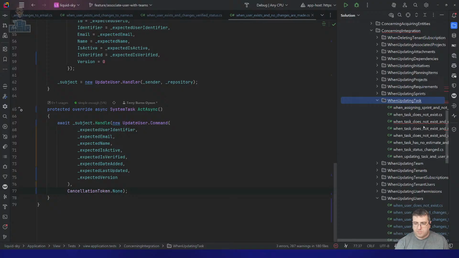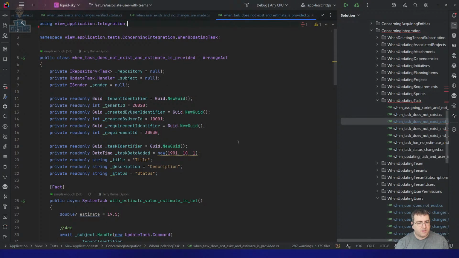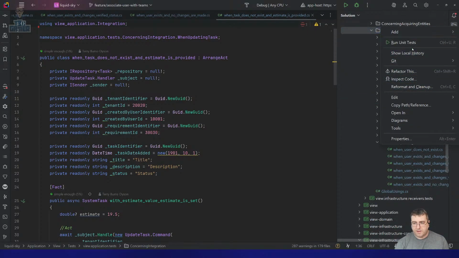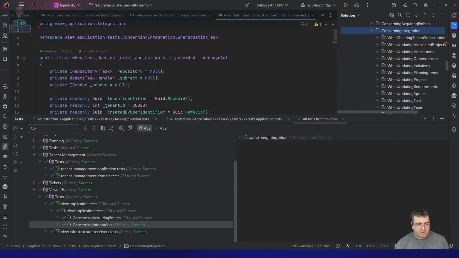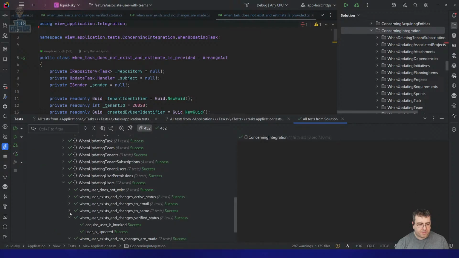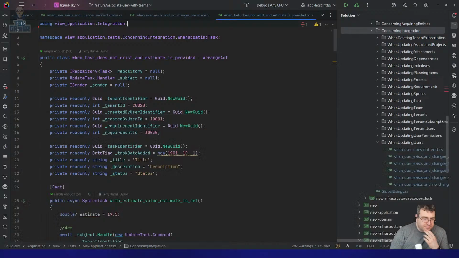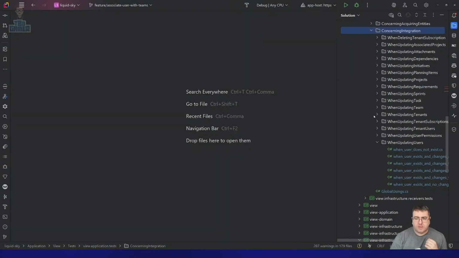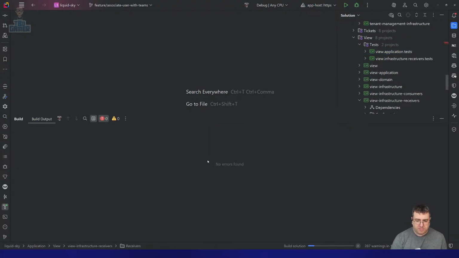Let's see what an updating task. What did I break here? Oh, because I redefined system task. That's fine. Let's run these tests. The funny thing, I've got concerning integration on unit tests. So people have to realize. There you go. So I didn't break anything about updating a user. Okay. So all the functionality there is good. We should be able to build. And if we start this up now,